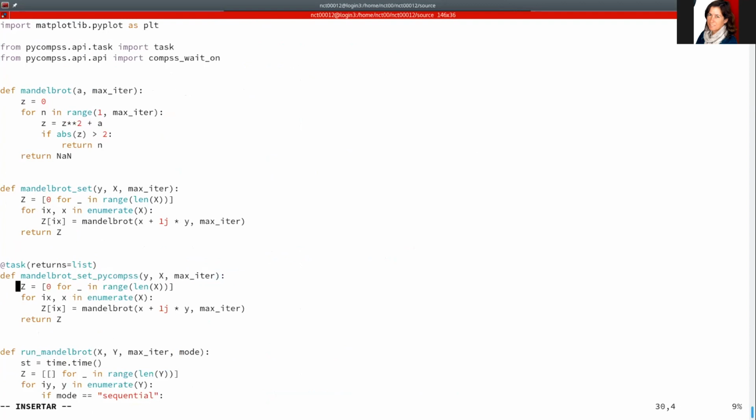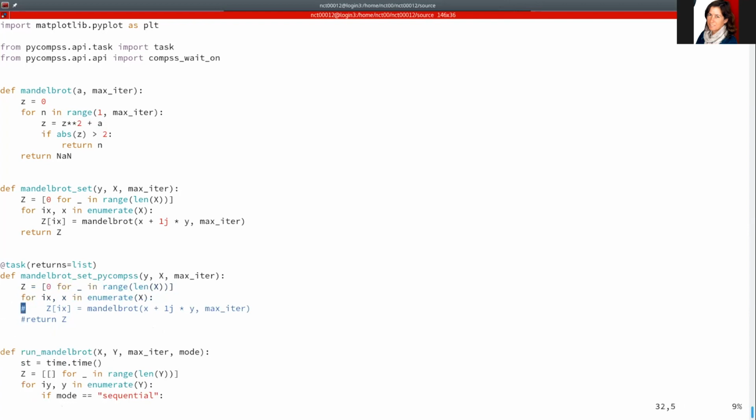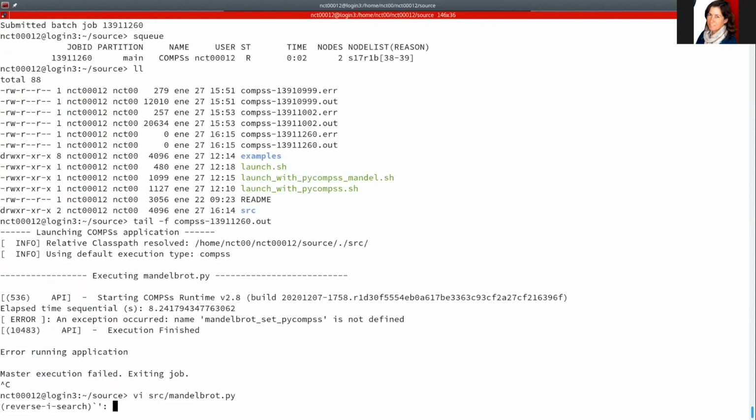This is completely the same as doing this: return Mandelbrot set. For those of you who are wondering why I'm keeping both, for this exercise I'm going to keep the code duplicated. And if I run it again,